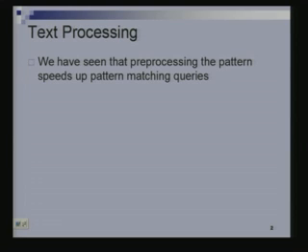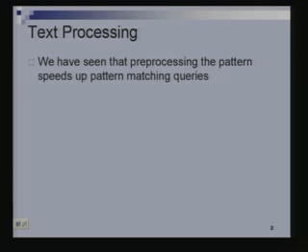Recall that in the last class we were looking at pattern matching. Given a piece of text, we were interested in finding at what all places a certain pattern appears in the text. What we had done there was pre-process the pattern. We took the pattern, computed the failure function h on that pattern, and then used that information to search for the pattern in the text, and the time we took was proportional to the size of the text.